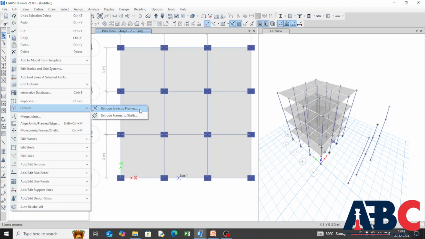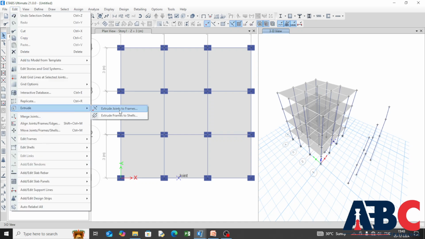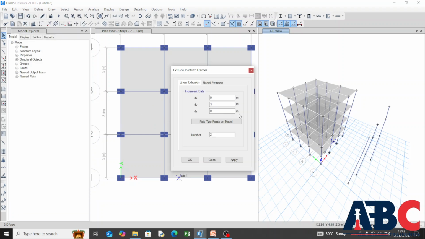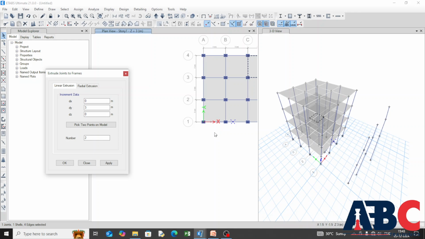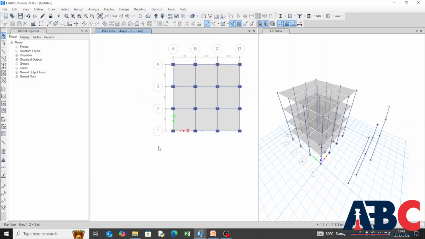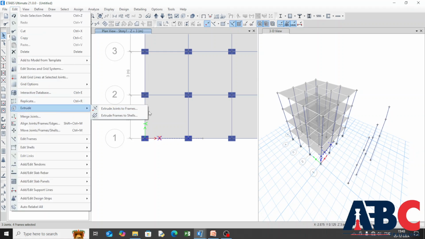extrude joints to frame, extrude shells. We come to this. Okay, and here is also extrude available. Okay, and here also extrude frame. You can extrude in whatever direction. Okay, first I am going to select. Selection is a must. Without selection you cannot extrude anything. Extrude frame,